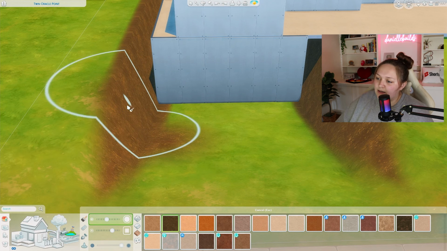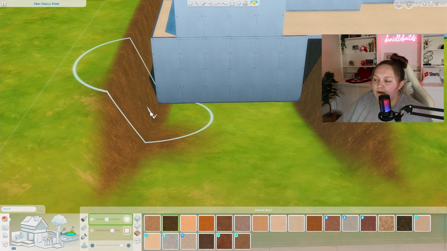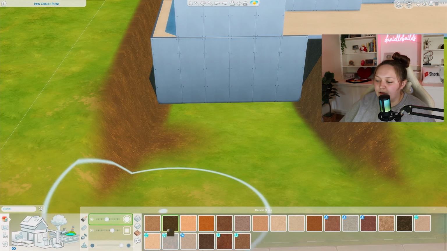The dirt that you see here is not always present on every lot. On some lots, I think in like Windenburg, it's rocks and stones instead of the dirt. So it changes, but for this world, Newcrest, it's dirt. So I'm going to be grabbing this Smarter Starter